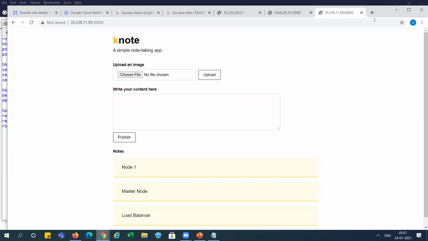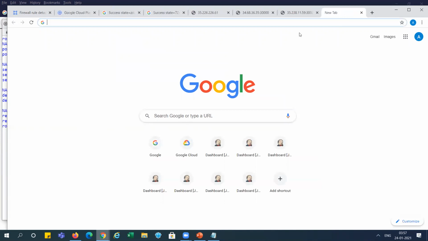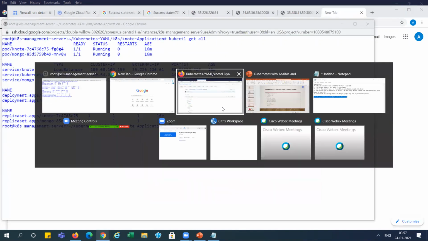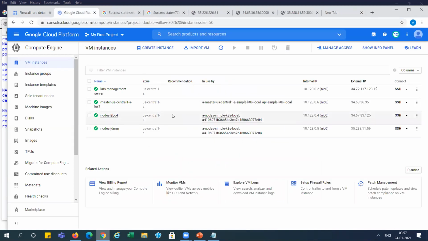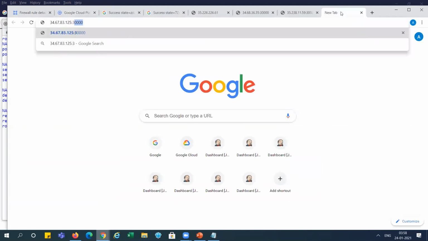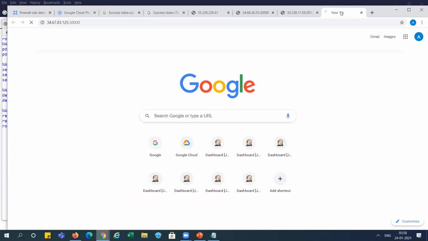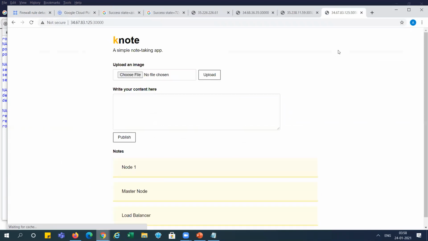You can see we're getting the next line. And this is for the node 2 IP, 30,000. You can see this is node 2. I'm publishing here.